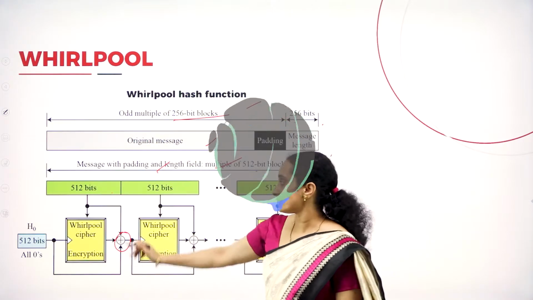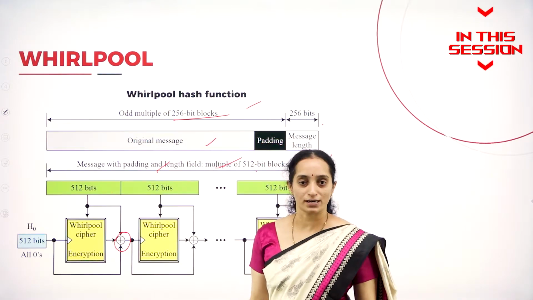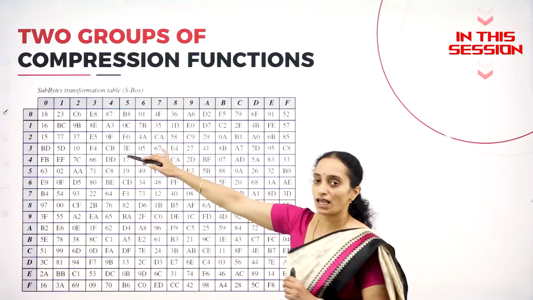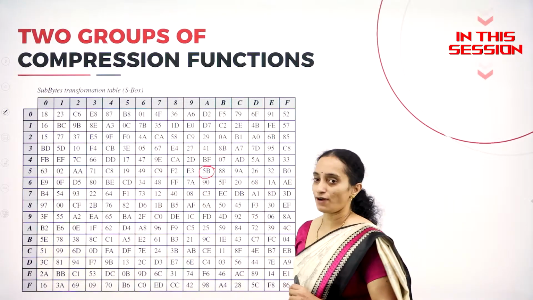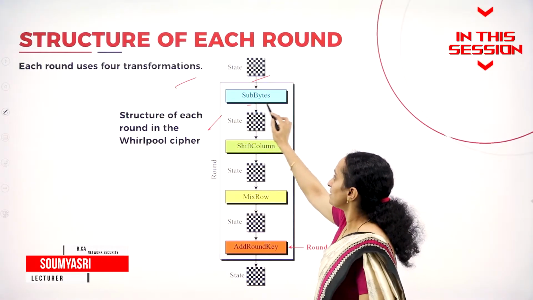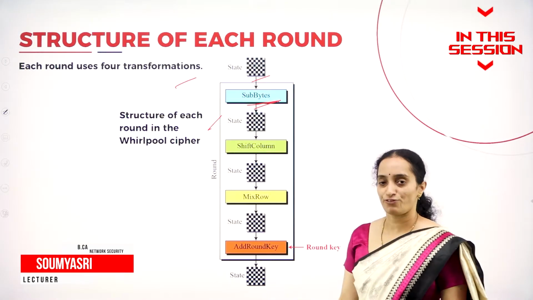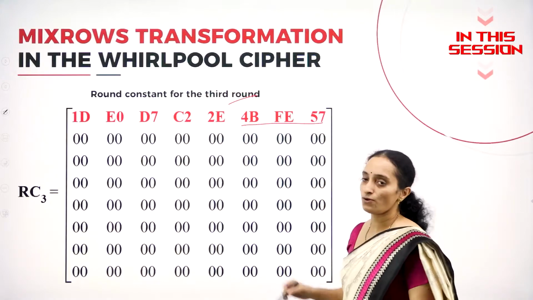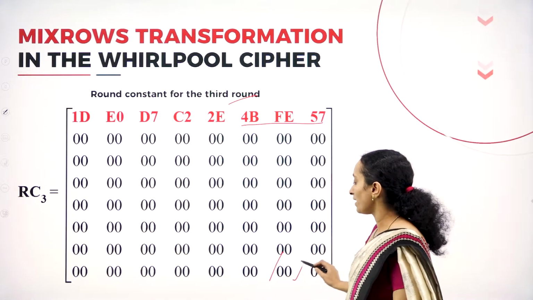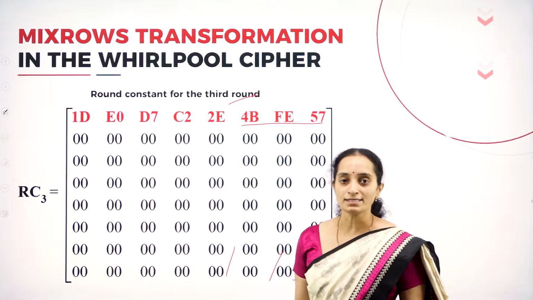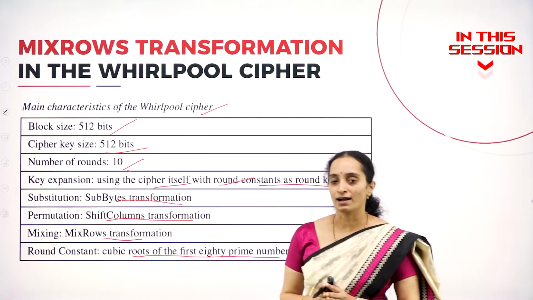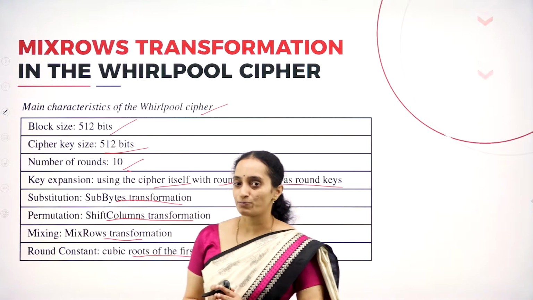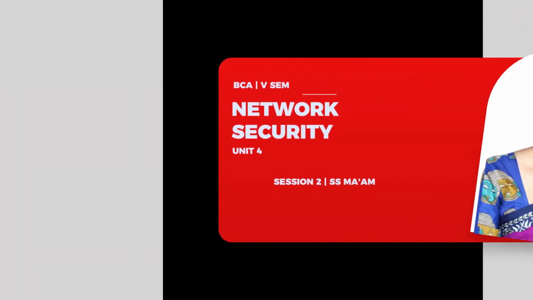The original message is divided into blocks of 512 bits. Suppose if you take 5 as the row and A as the column, we have the 5B. State will be subjected to the SubBytes function. Only the first row has the values. All the remaining rows will be considered as 0. Only authorized persons can use the data when we use the Whirlpool algorithm.